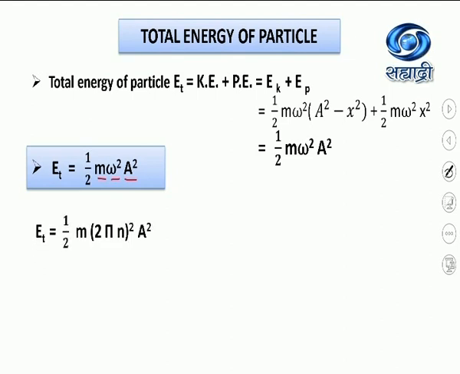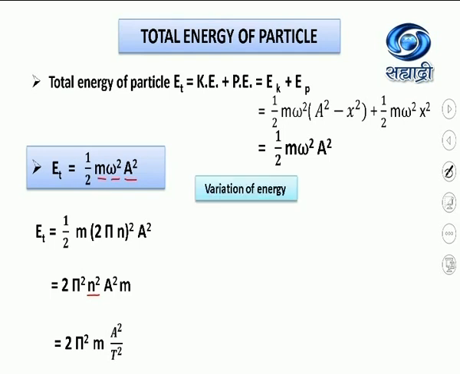Further, if omega is substituted as 2 pi n, then we have the expression for the energy in terms of frequency also, that is 2 pi square n square a square m. So it is observed that if 2 pi square a square m is constant and if frequency is changed, then E is proportional to n square, or E is proportional to 1 by T square. So, so long as the frequency and period remain constant, that is it is harmonic, then the total energy of a particle remains constant.